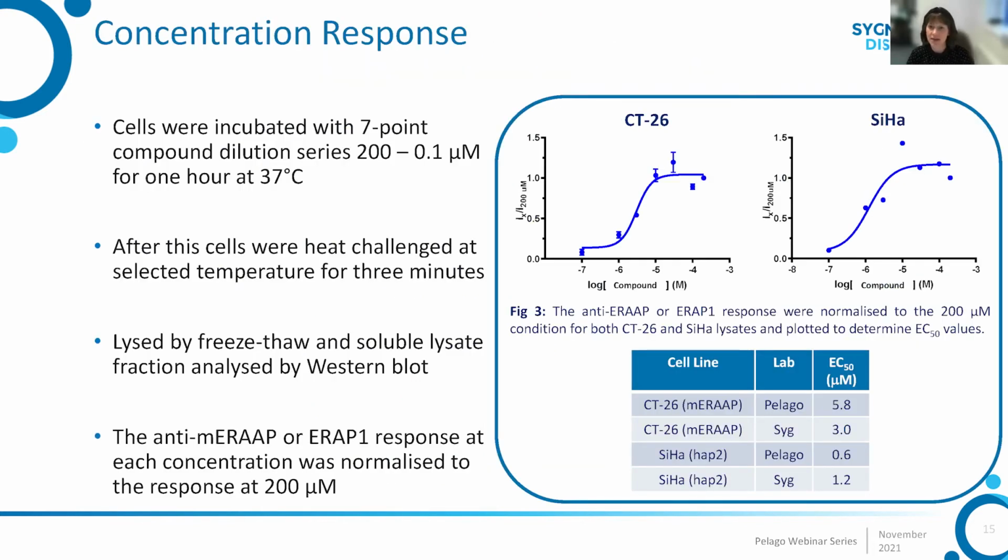So we worked again with the CT26 and CHAR cells. We incubated these for 1 hour at 37, with a 7-point compound serial dilution, with the top concentration of 200 micromolar. After this treatment time, the cells were subjected to the heat challenge at their respective temperatures. So this was 58 degrees for the CT26 cells, which were slightly more stable, and 53 degrees for the CHAR cells. They were then lysed as before by repeat cycles of freeze thaw, and the soluble lysate fraction collected and